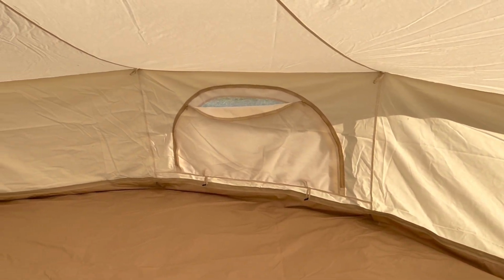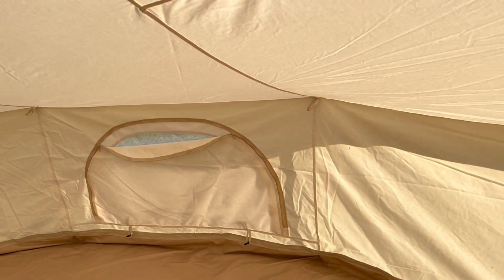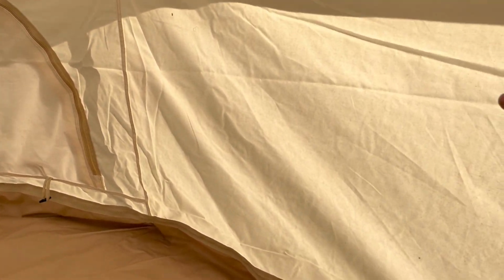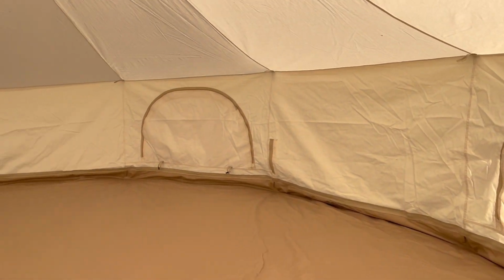One thing to note is most all of our other tents, they're double walls, which means that there's a mesh interior wall along with the canvas wall. This particular tent only has a canvas wall. It doesn't have a mesh wall. And to compensate for that, that's why we have 6 windows in here, so all of them can be open